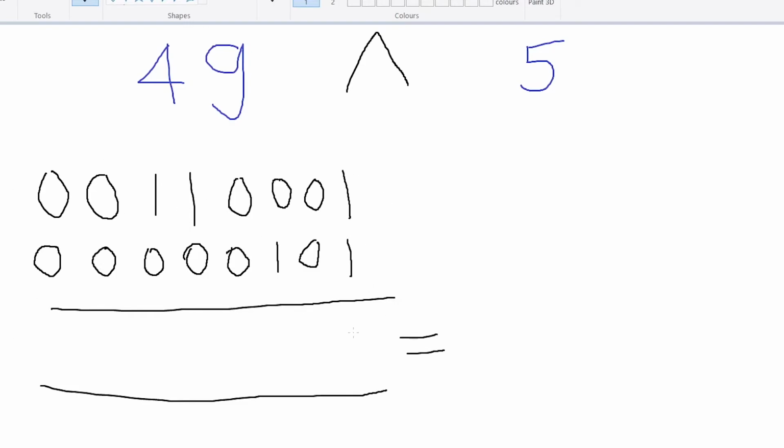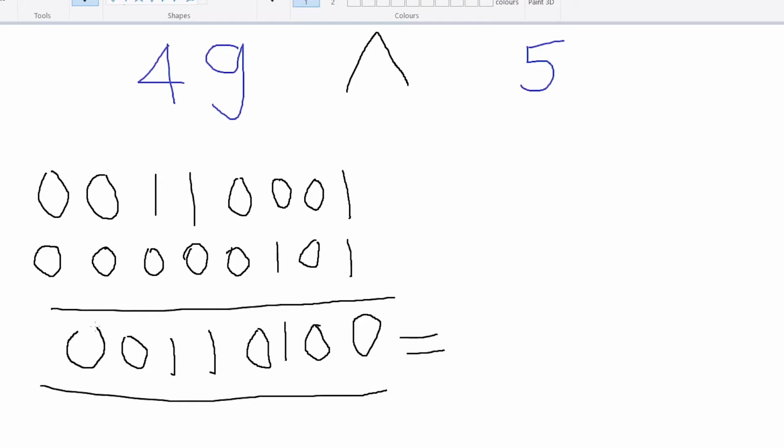So both are 1, so it is 0. So 1. So it is 0. For this it is 1. Sorry, so this is 0 1 0 1 1